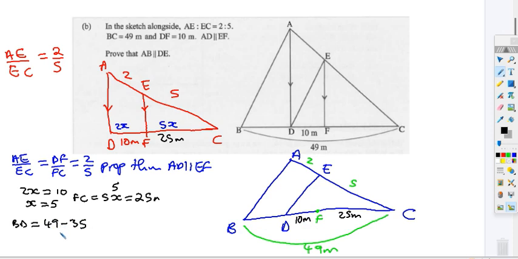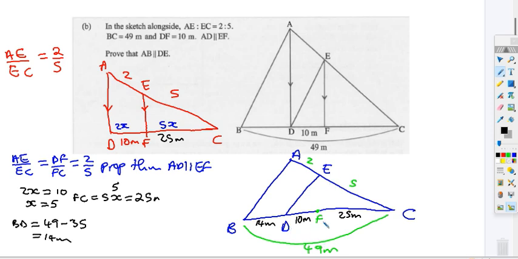This is going to be equal to 14. So we are saying this is 14 meters. Now we have everything in our triangle that we can use to prove that AB is parallel to